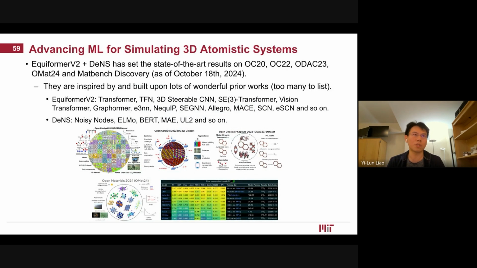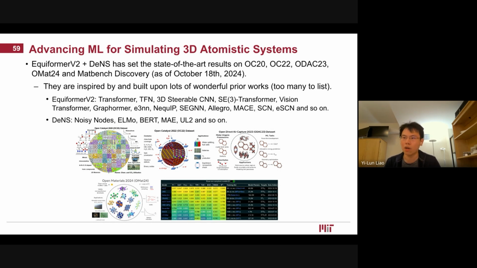So putting all the results together, EquiformerV2 plus DeNS has set state-of-the-art results on a wide range of datasets: OC20, OC22, ODAC23, OMat24. Those are released and maintained by Meta, and also the MatBench Discovery as of October 18th this year. But I think importantly, I want to mention that EquiformerV2 and DeNS are heavily inspired by and also built